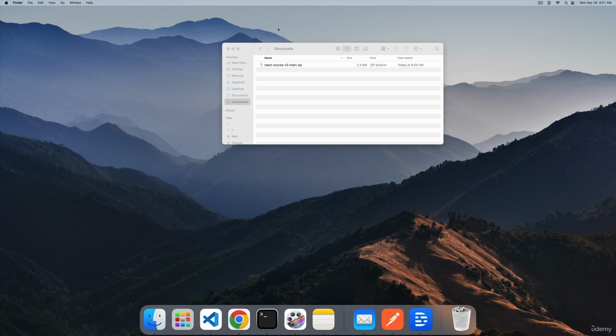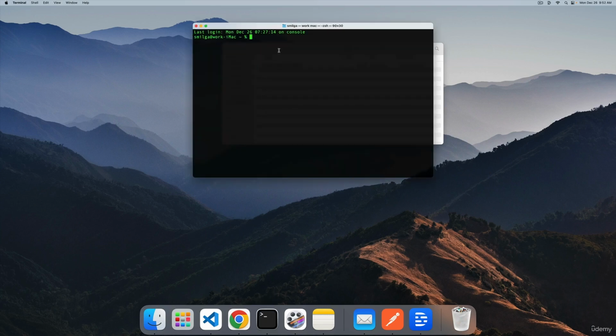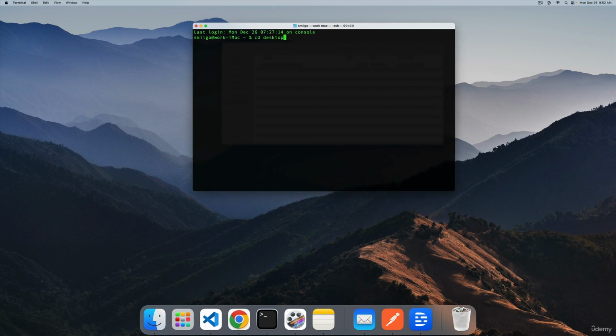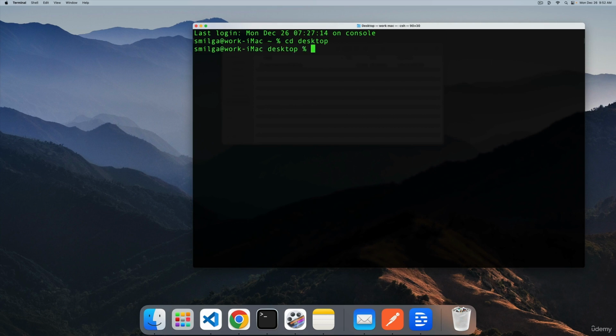Okay, and once we have the repo, up next, let's set up a brand new React application. And if you remember, the command was the following. First, we want to navigate to where we want to set up the project. So in my case, again, it's going to be the desktop. Let me zoom in just so you can see it better. And then the command is npx create-react-app@latest, and I'm going to call this